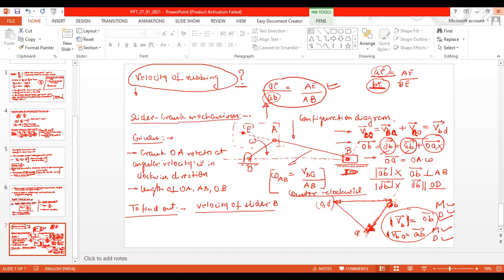Okay, any other doubt here? Sir, the velocity diagram which you have drawn is only for the diagram which is shown, right? Because if the position of that OA vector, which was having angular velocity omega, was pointing in the downward direction, at that particular time we would have a different diagram, right?